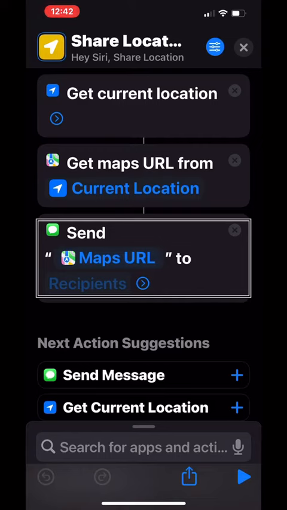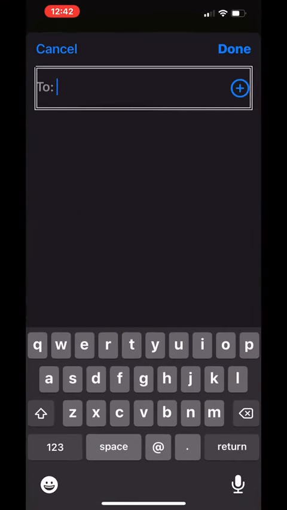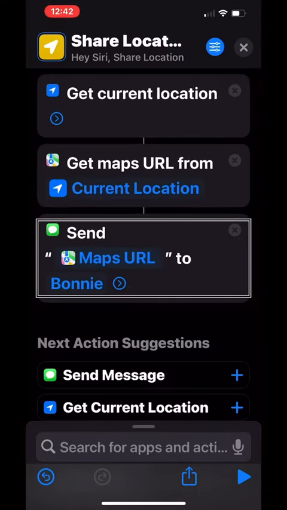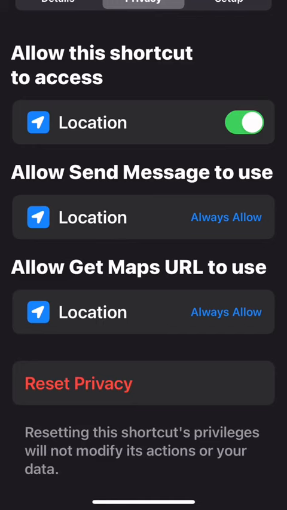Actions available. Flick down to Edit Recipients. Message. Maps URL. Edit Recipients. And double tap. Text field is now edited. You can type in the recipient you want to send the maps URL to, and click Done. Bonnie. You will want to go ahead and run the shortcut because there are 3 privacy permissions